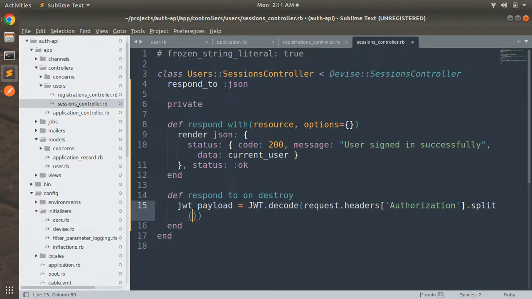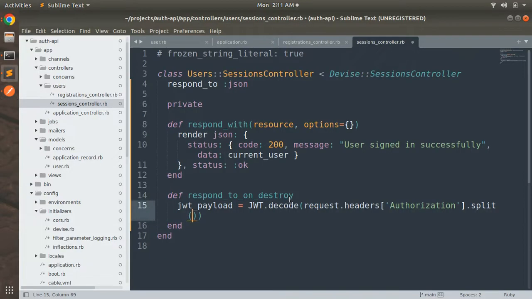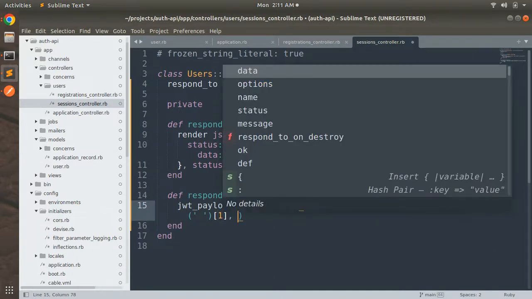Now I'm using split here because I don't need this bearer text. I only need the token. So we need to remove this bearer, and we can split it like this. Then just take the first one of it. And then we just need to use our